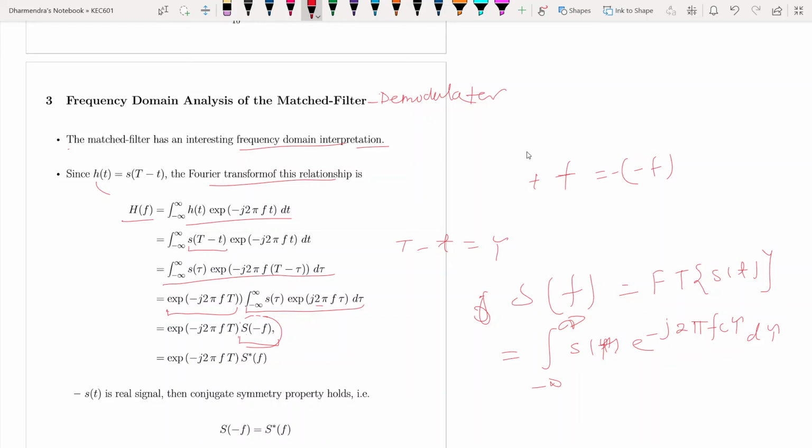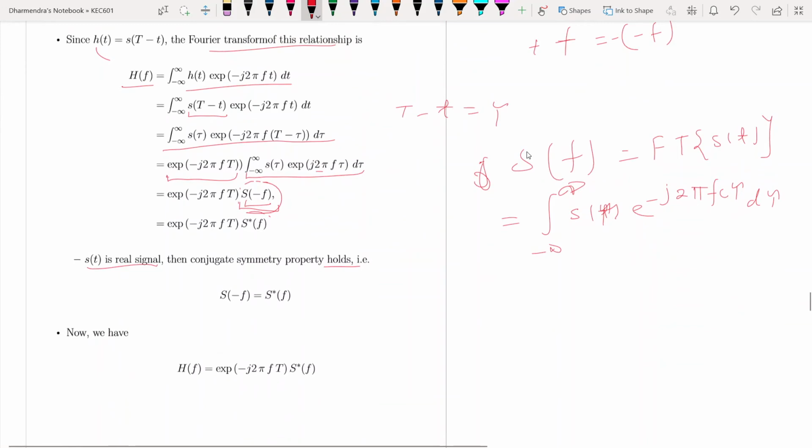That is why it is equivalent to S of minus f. Because S of t is a real signal, the conjugate symmetry property holds. It implies that S of minus f will be the conjugate of S of f. So now we have the frequency response of this matched filter,